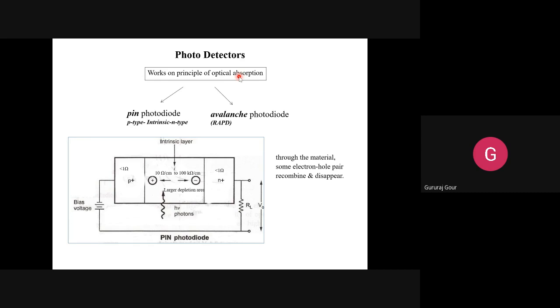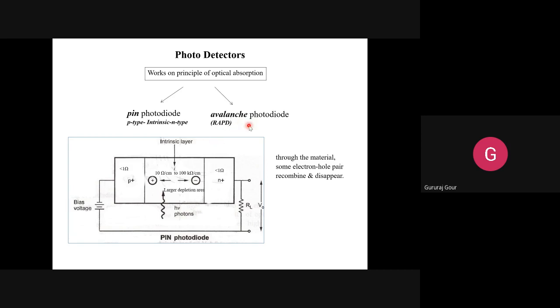They are going to generate and emit the photons. Now we are discussing the photodetectors, which are used at the receiver side. They are meant for absorbing the photons emitted from the generators at the transmitter side. That's why it is called absorption, not emission. Under this category of photodetector, we have two variations: PIN photodiode and avalanche photodiode, also known as APD. What is APD? We'll see later.